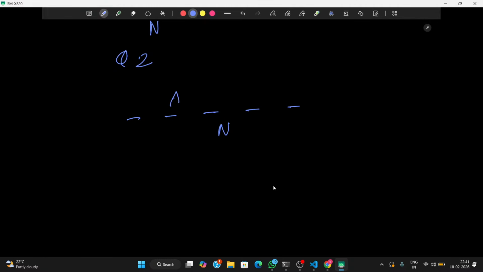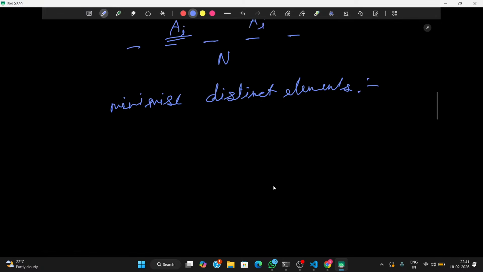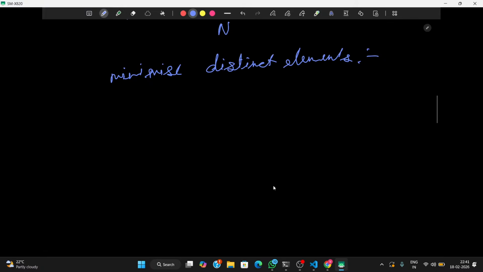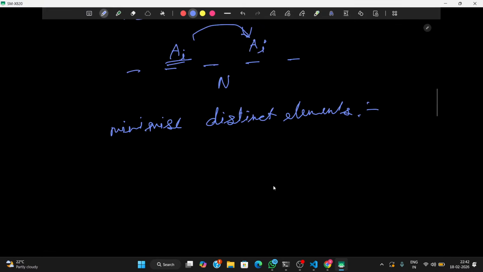So suppose this is some ai, this is some aj. What we can do is copy one particular value to another, right? And what we need to do is minimize the number of distinct elements. Now, if you know the solution to this problem, it is very easy. And if you don't know, let us first of all discuss it. If you can copy one element to another without any constraints, and you need to minimize the distinct elements,